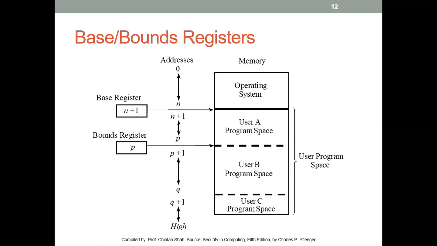But then we do it, right? We do it because we know that where our program is going to be loaded is not sure. So because of that, a base bound register plays a very important role. If you can see, my user address space is divided into multiple users, user A, user B, user C, and these are protected by a base register and a bound register, right? So I think it's again a bigger concept about a base bound register.